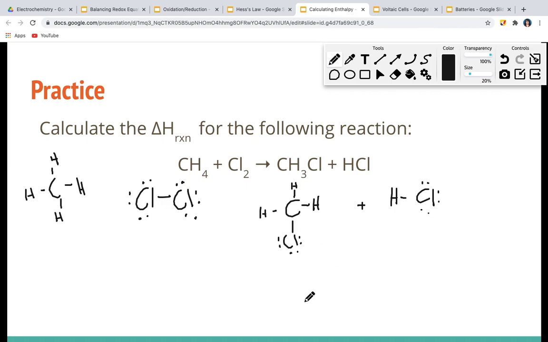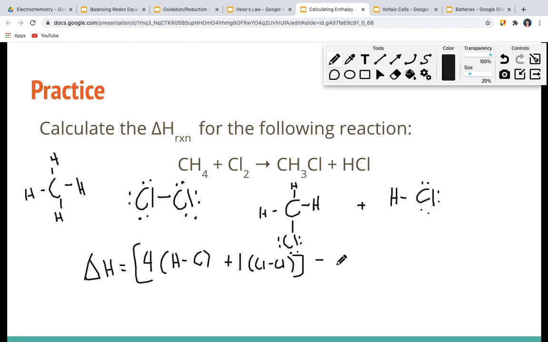That might take you a little bit longer. As a reminder, you need to add up your valence electrons and then make sure everything's shared nicely. So we're going to do bonds broken minus bonds formed. So we have 4 of those CH bonds, plus 1 Cl-Cl bond. And from that, we need to subtract